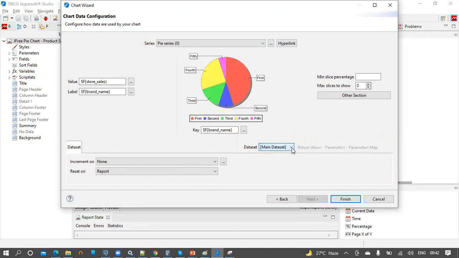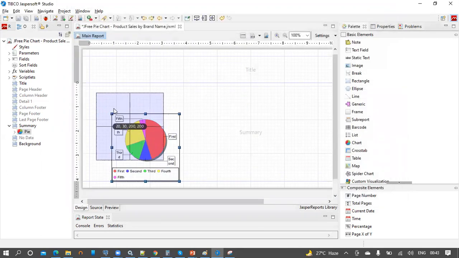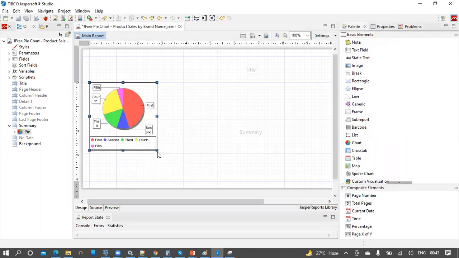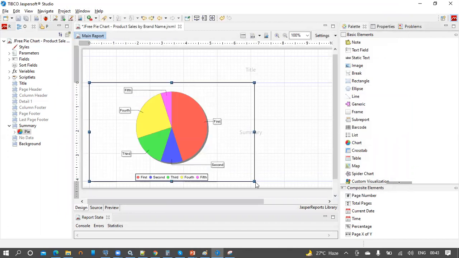Basically, we can create our own data sets and map those data sets to this visualization, but for this demonstration, let us stick with the main data set here. Click on finish, and let's adjust the height and width for a better look and feel of this pie chart.